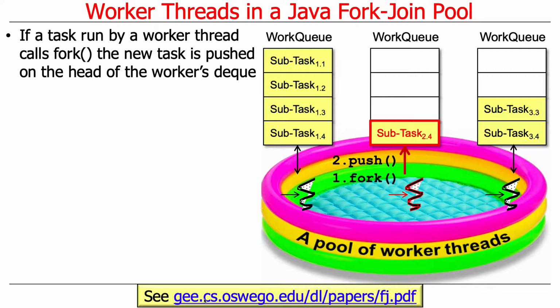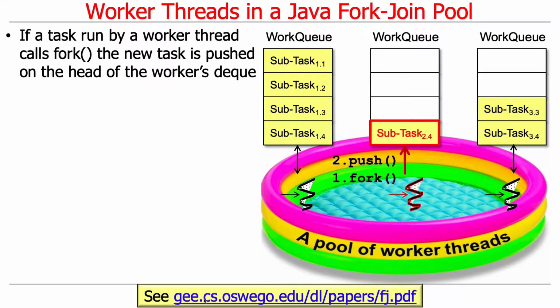So if a fork join task, which could be a recursive task or a recursive action, and so on, is running on a worker thread, however it got into the worker pool, and it calls fork, then that new task is pushed onto the head of that worker thread's deck. I know I've said this a couple times, but it bears repeating because it's so mysterious. Whenever you're calling fork